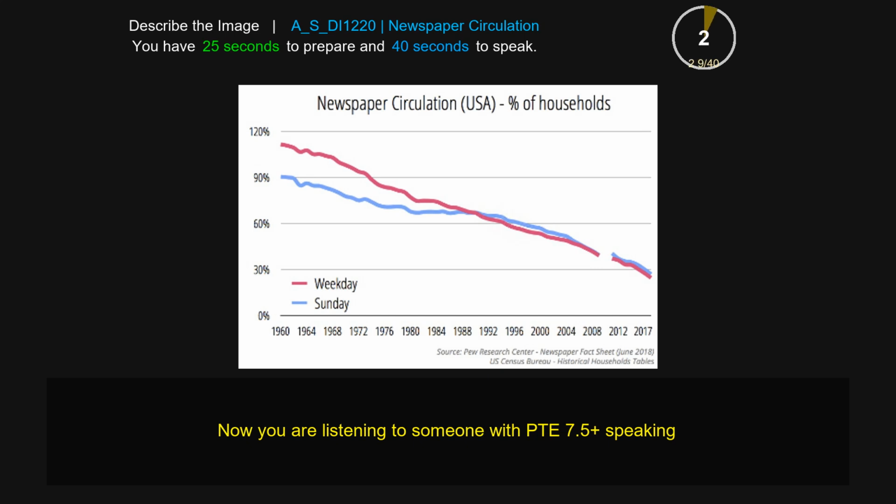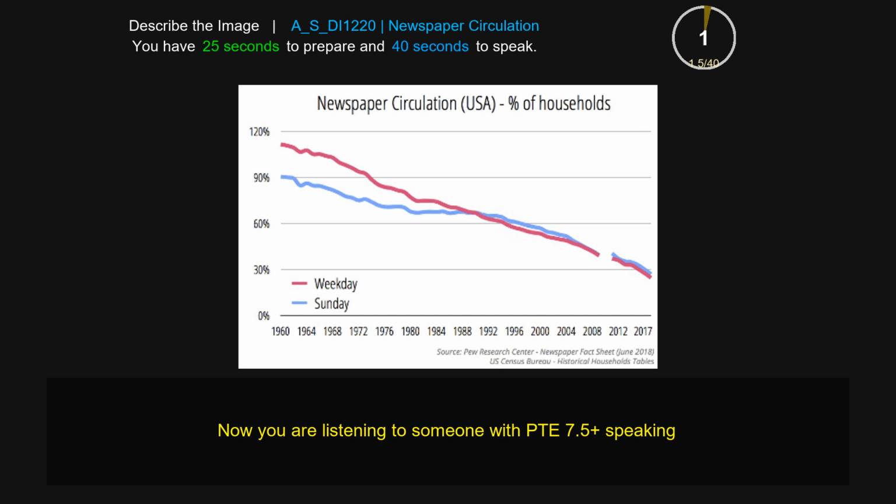The line graph gives the information about the newspaper circulation in USA, percentage of households. It shows some percentages like 0%, 30%, 60%, 90% and 120%. It shows some years like 1960 to 2017. In 1960, the highest value is covered by the weekday and it is above 90%, while the percentage of Sunday in 1960 is 90%. And in year 2017, the percentage of weekday and Sunday is below 30%. Overall, the topic gives the information about the newspaper